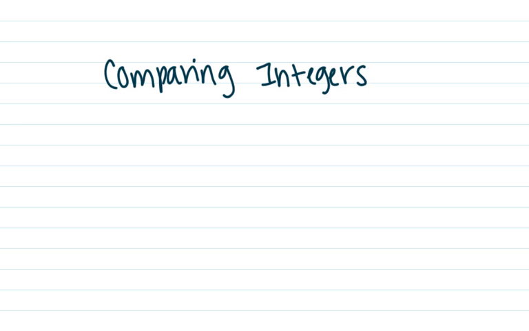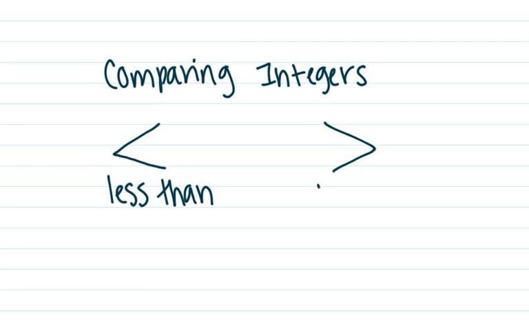this lesson. Now, just as a reminder, we have two types of symbols that we're going to be using today. The first type is less than. Less than means that our number to the left is going to be smaller than our number to the right. Our other symbol is greater than. Greater than means that our number to the left is going to be bigger or larger than the number to